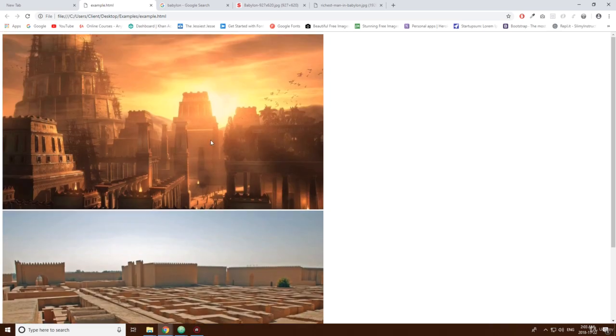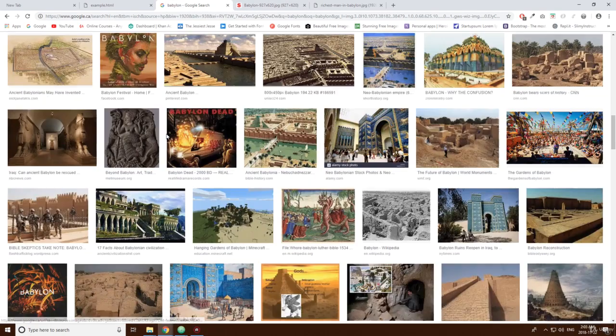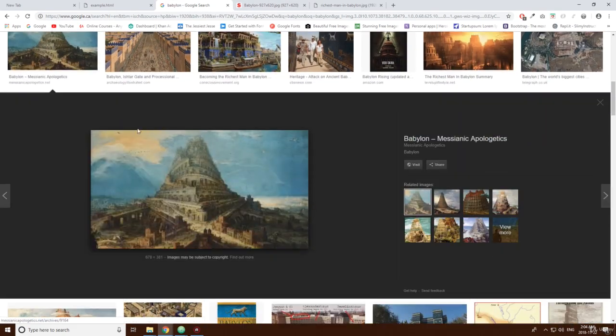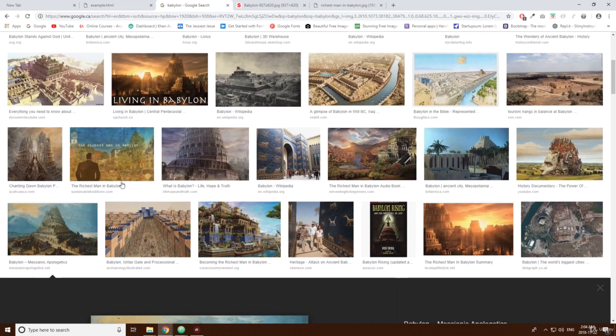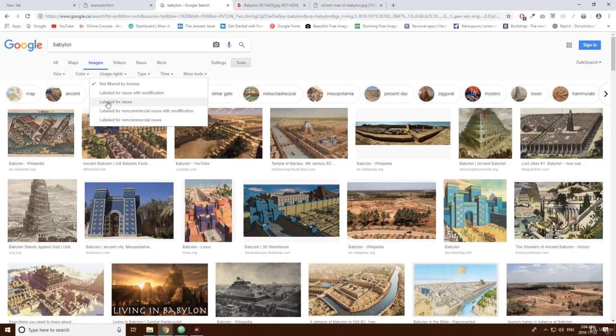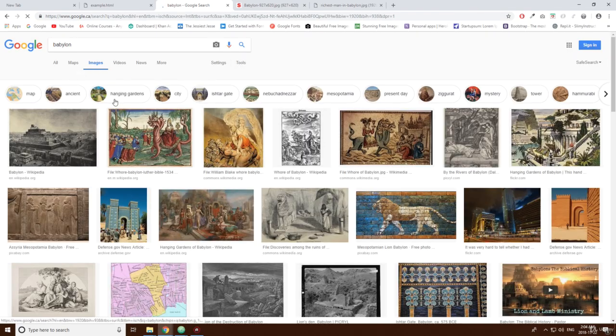Okay, but this isn't really the best way to get images because they can get deleted from the internet and then you won't have access to them anymore. Also, when you click on any image, so just click on this one, it says images may be subject to copyright. So that means you may not have the right to use the image. If you want to make sure you do, you can go to Tools, Usage Rights, labeled for reuse. So all these pictures you'd be able to use